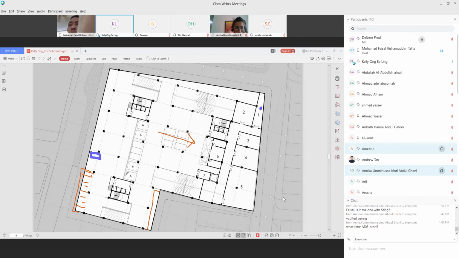Oh. So it actually fits. It's just that this one is a little bit tight, isn't it? Yeah, so maybe I will change the wall to here, shift it inside. I think so. Because there's nothing here.